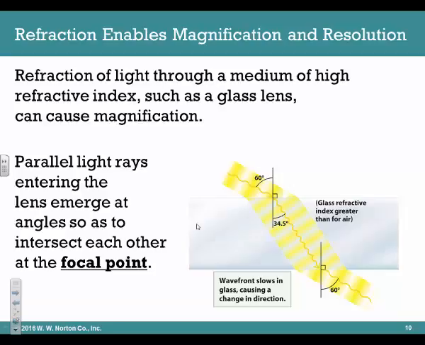So when the light goes from air to glass, because the refractive index, or the measurement of refraction of that material, is different in air versus the glass, the light will bend when it comes through that